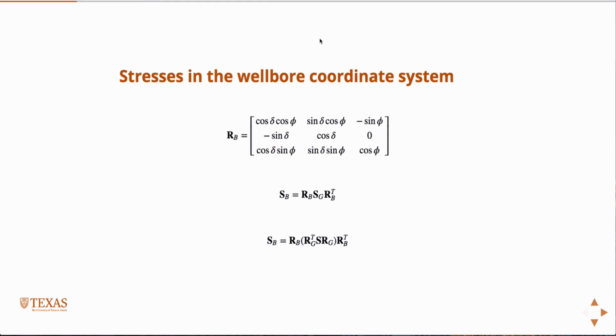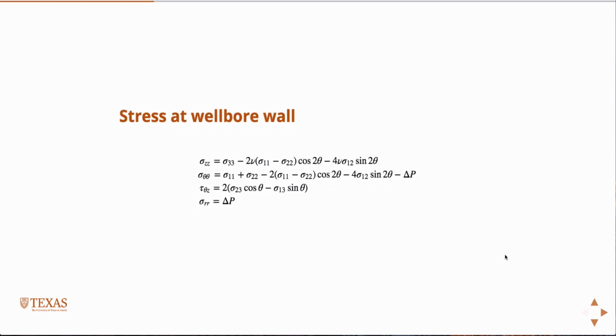Okay, so now remember our principal stresses are in Cartesian coordinates, x, y, z. And when we were working the Kirsch equations, developing those solutions, it's easier to work in polar coordinates. And so the transformation